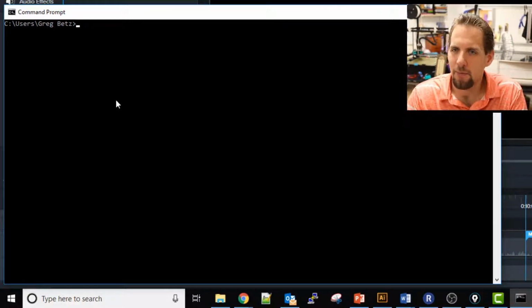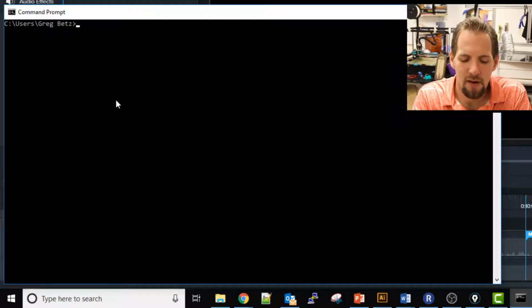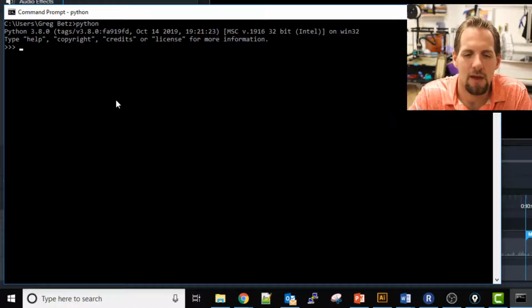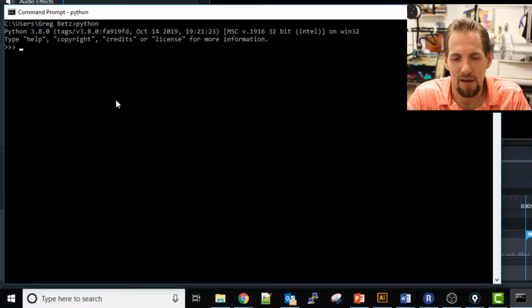No, there's a process to this. All right, you have to do some little magic to it. So one of the things, on my computer at least, that has been added is Python. If I type out Python and hit enter, it takes me into a Python command line interface now,